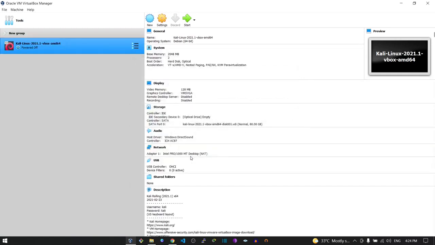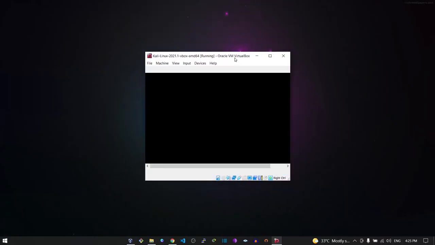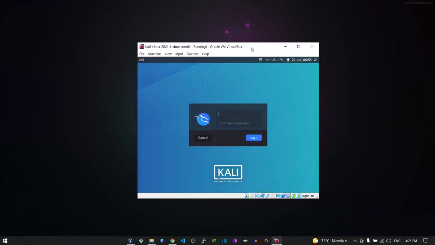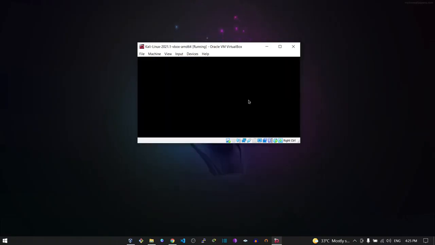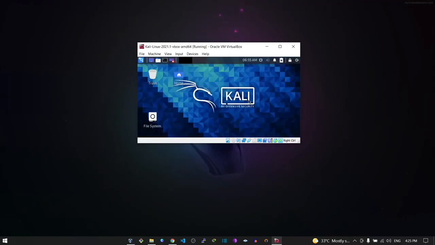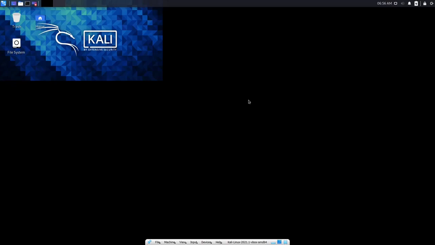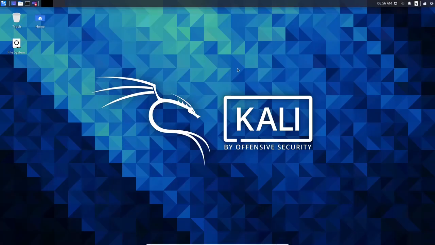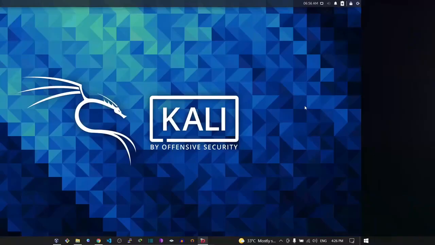And there we are. So we have successfully set up Kali Linux on VirtualBox. So let's start it. We have to just click on start. And the default username and password for Kali is Kali, and password is also Kali. So let's full screen it by using host plus F button on our keyboard. So we have successfully installed Kali Linux on VirtualBox, and everything that we're going to be doing on this machine won't affect the normal function of our Windows machine.